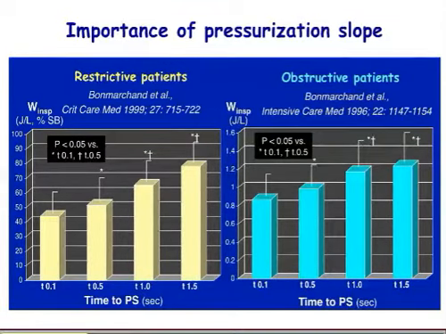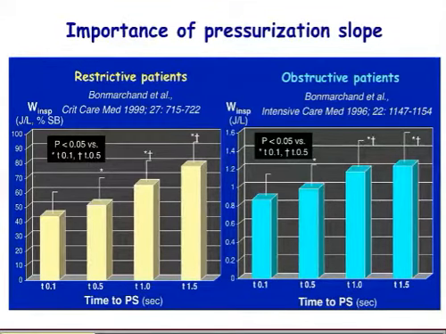However, it's not so simple. If you look at the data from Bonmarchand studies, you can see that in the range where we usually set our inspiratory rise times, which is between 100 or 200 milliseconds, not more, there's no real difference. And what he showed was that if you make a very slow pressurization rise time, then you're going to increase the work of breathing. So a fast pressurization slope is good, in the order of 100 to 200 milliseconds, but